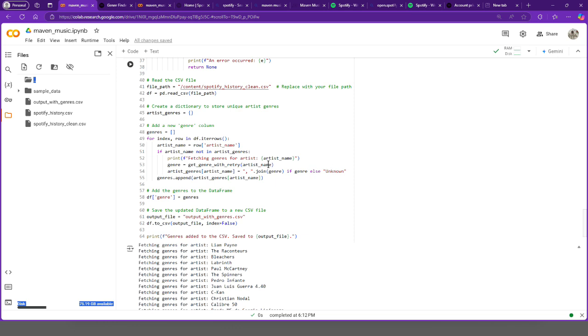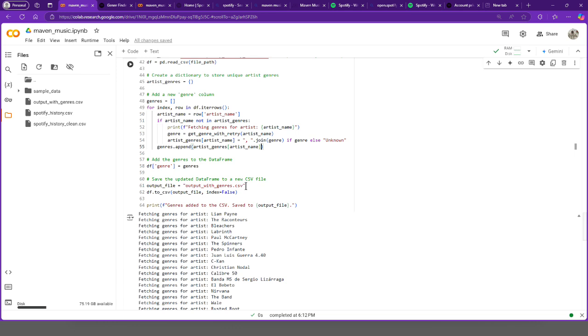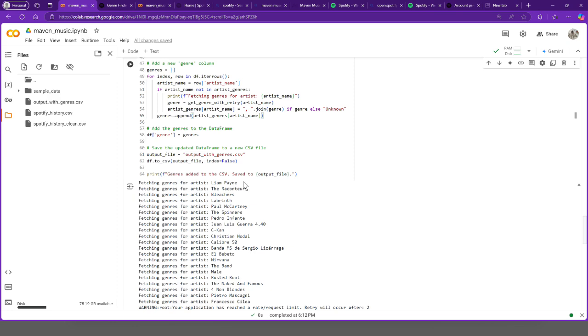If Spotify doesn't have a genre for it, it's going to put unknown. Then it'll append the artist genre in a new column. Then we add the genre column to the data frame. Output it to a new CSV file called output with genres CSV, and then just put a little message to say it's done: genres added to the CSV, saved to file name. So when I run that,